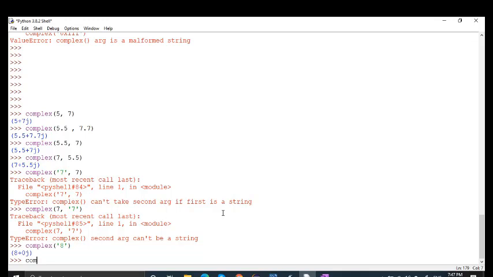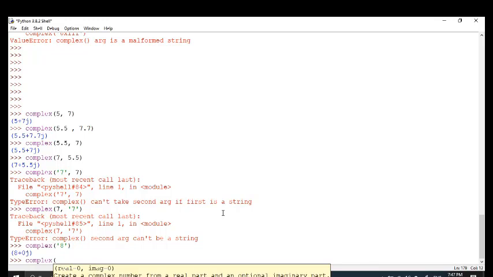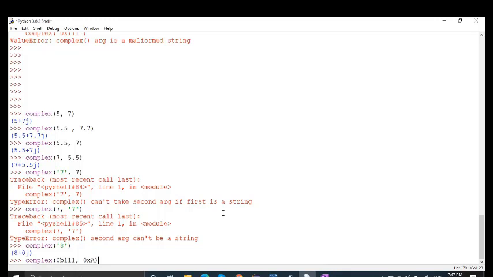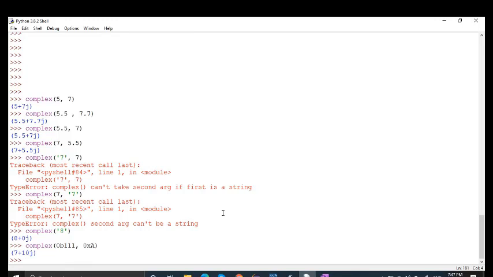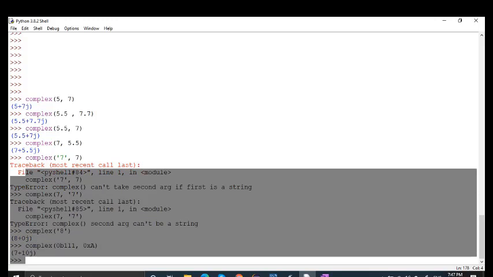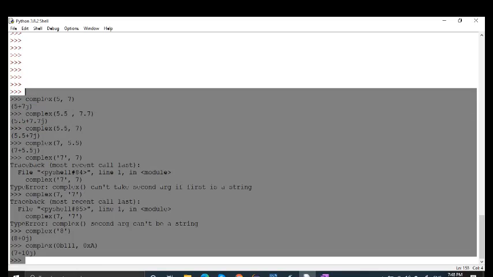It will work fine if you supply a binary value 0b111 comma, say you have supplied 0x1, a hexadecimal value, right? So this is 7 and this one is 10. So you can see that it is working fine with binary and hexadecimal values, but it will not work with string at all. All right. This is regarding complex.